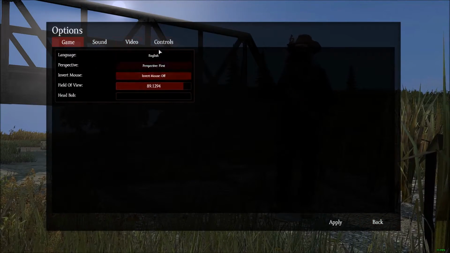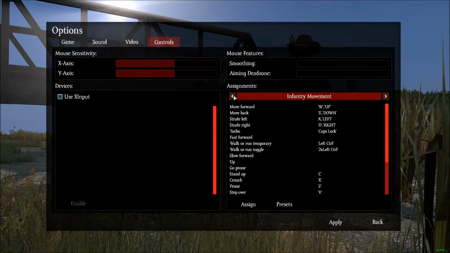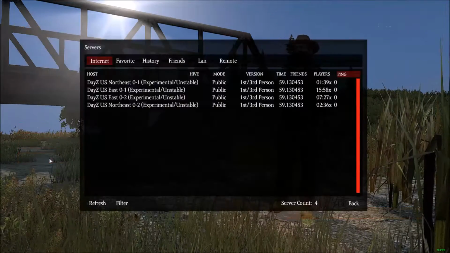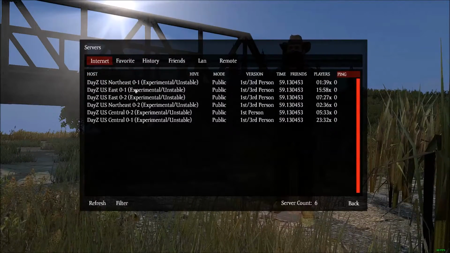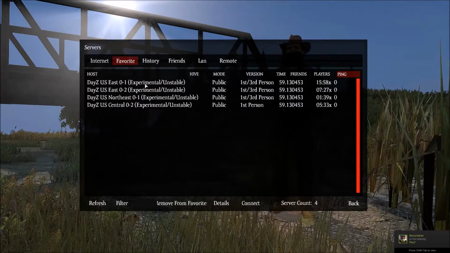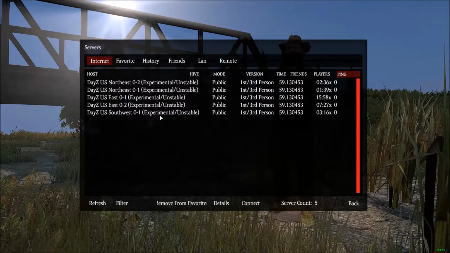Sound, the game, controls. Now you can just scroll through with view, infantry movement, infantry weapons, etc. And that's all not too bad, but where things get a little iffy, I found for myself, I'm not sure if other people are experiencing this, but when you go to select servers, for example, it doesn't highlight which server you're actually pressing. So here's the list, and